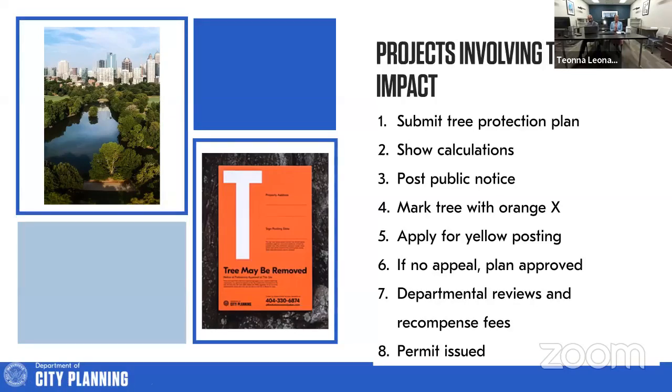Of course, everyone knows that Atlanta is a city in the forest, and we have trees that we aim to protect. The goal is to protect the canopy and get it from, I believe it's currently at 46%. The goal is 50%. And as a result of that, our arborist department is very diligent in ensuring that if a healthy tree is to be removed, it is thoroughly investigated, and any citizen has the opportunity to appeal that tree being removed.